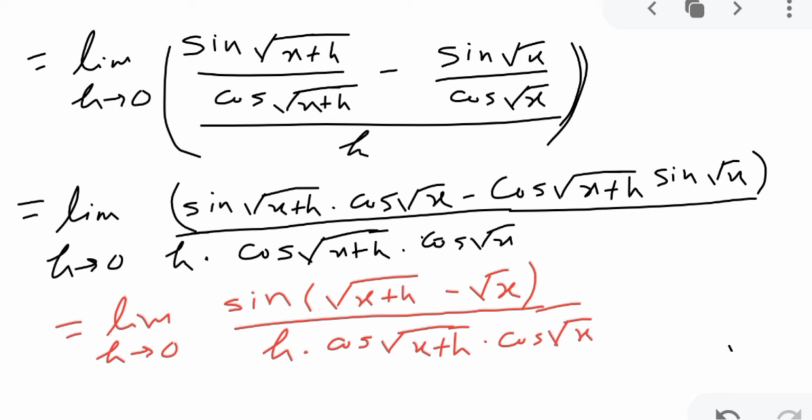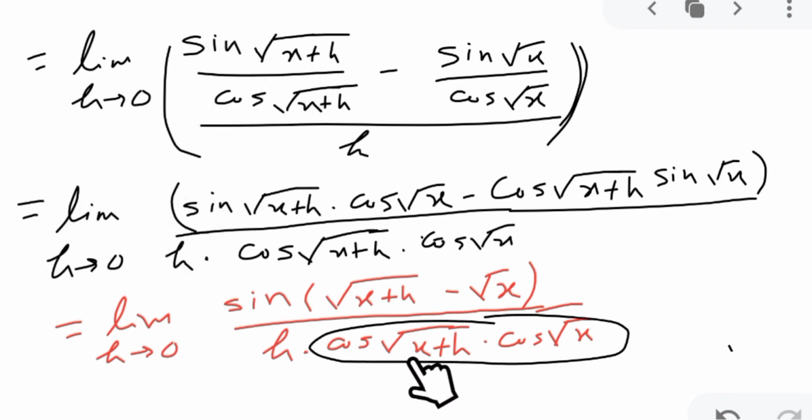Now I am separating, since if you put the h limit, then this sin of root x minus root x, so sin 0 will be 0 divided by 0, so 0 upon 0 form. So I am separating this because here if you put the h value as 0, it will be cos root over x into cos root over x. Okay, so the indeterminate form is coming in this, sin and h. So I am making it separately like this.